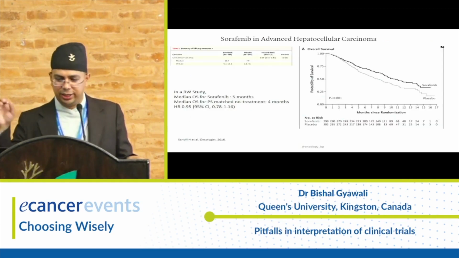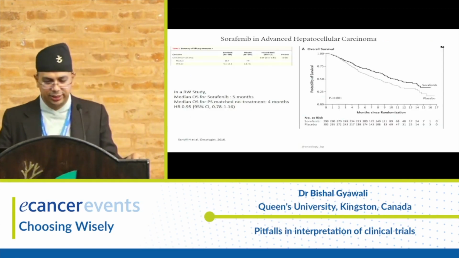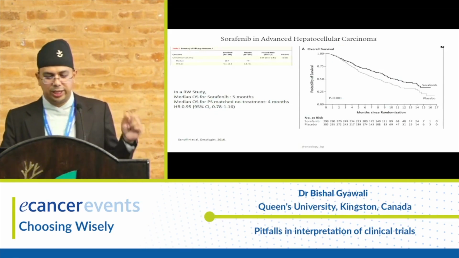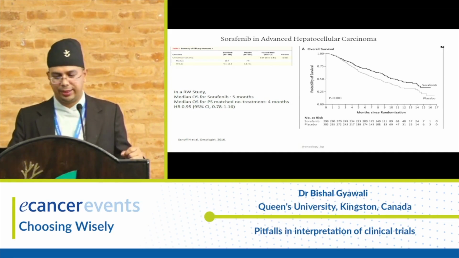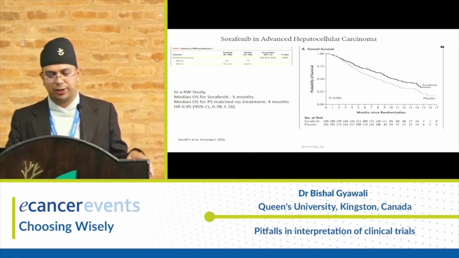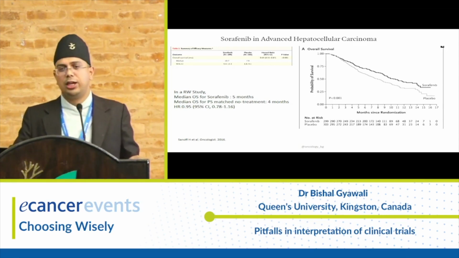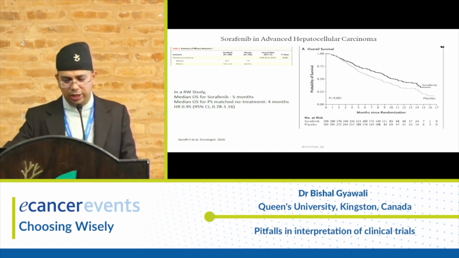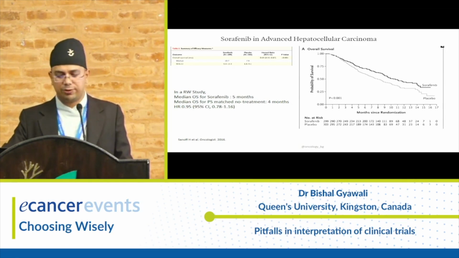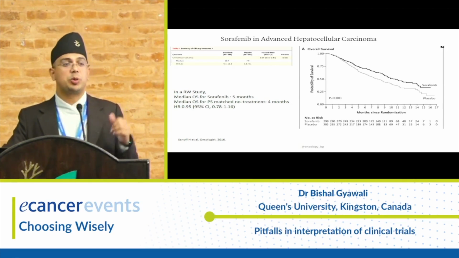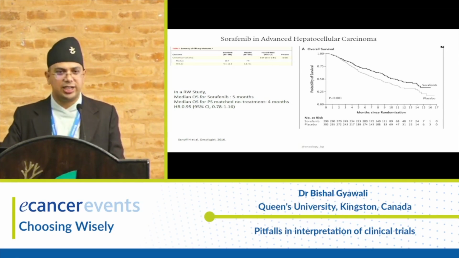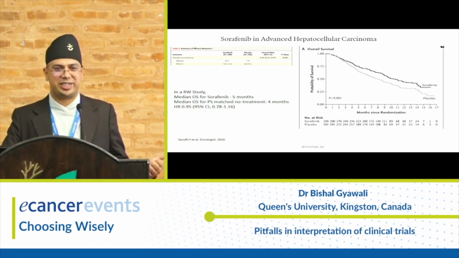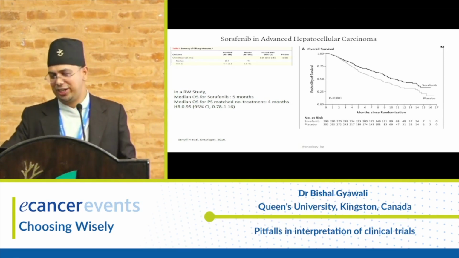In fact, if we take the trial of sorafenib in hepatocellular cancer, if you look at this curve and the data closely, patients who got sorafenib lived for a median of 11 months, and patients who got placebo lived an average of 8 months in the trial. But when they looked at what's happening in the real world, they saw that the median survival for sorafenib was 5 months. That means patients getting placebo in the trial were living longer than patients who got the drug in the real world. Placebo was better in the trial than drug in the real world.